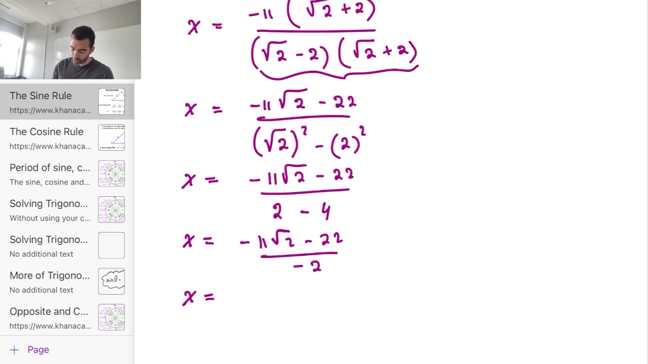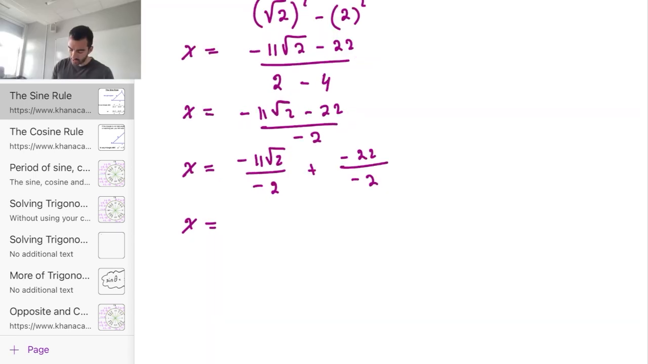negative 11 root 2 divided by negative 2 plus negative 22 over negative 2. I have negative divided by negative, that will be positive, so I've got 11 root 2 divided by 2 plus, and I have negative 22 divided by negative 2, that will give me 11. So changing the order, that will give me 11 plus 11 root 2 over 2. And this is my answer,